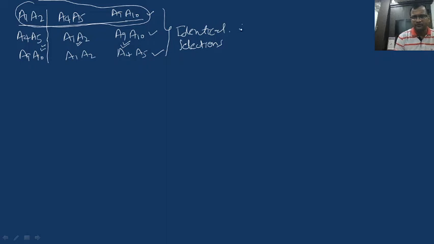Therefore, number of ways equals to what? 20 into 78 divided by 3. 3 2s are 6 and 3 6s are 18. 20 into 26. 26 2s are 52. The answer is 520.